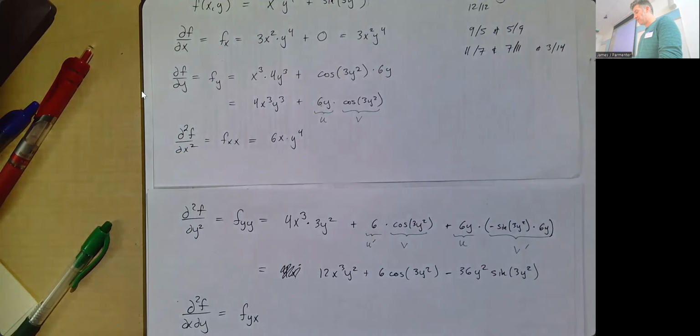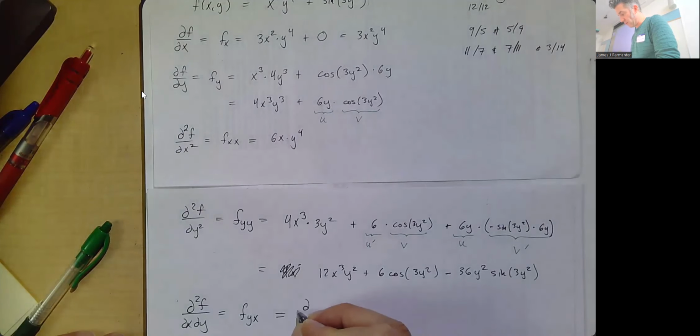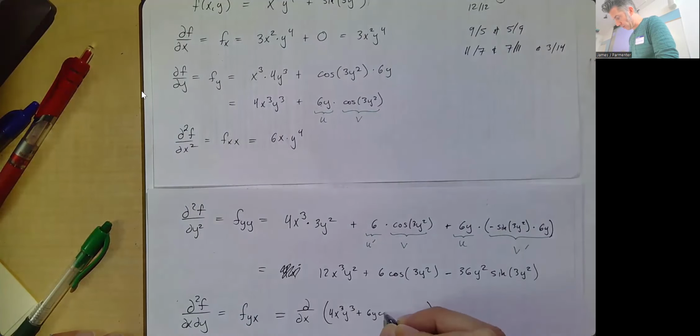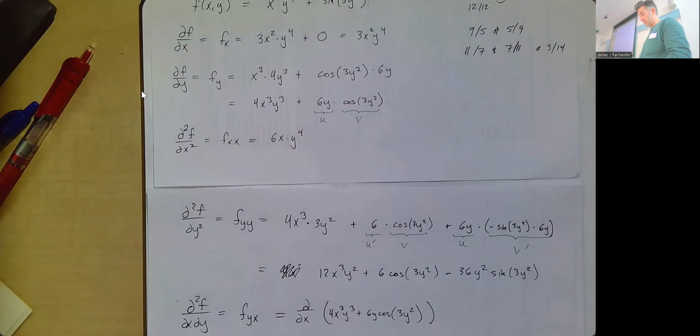I don't think you need to write this, I would say skip this stuff I'm about to write, but I'm going to write it as the derivative with respect to x of my f_y, which was 4x cubed y cubed plus 6y cosine of 3y squared. I would skip this step